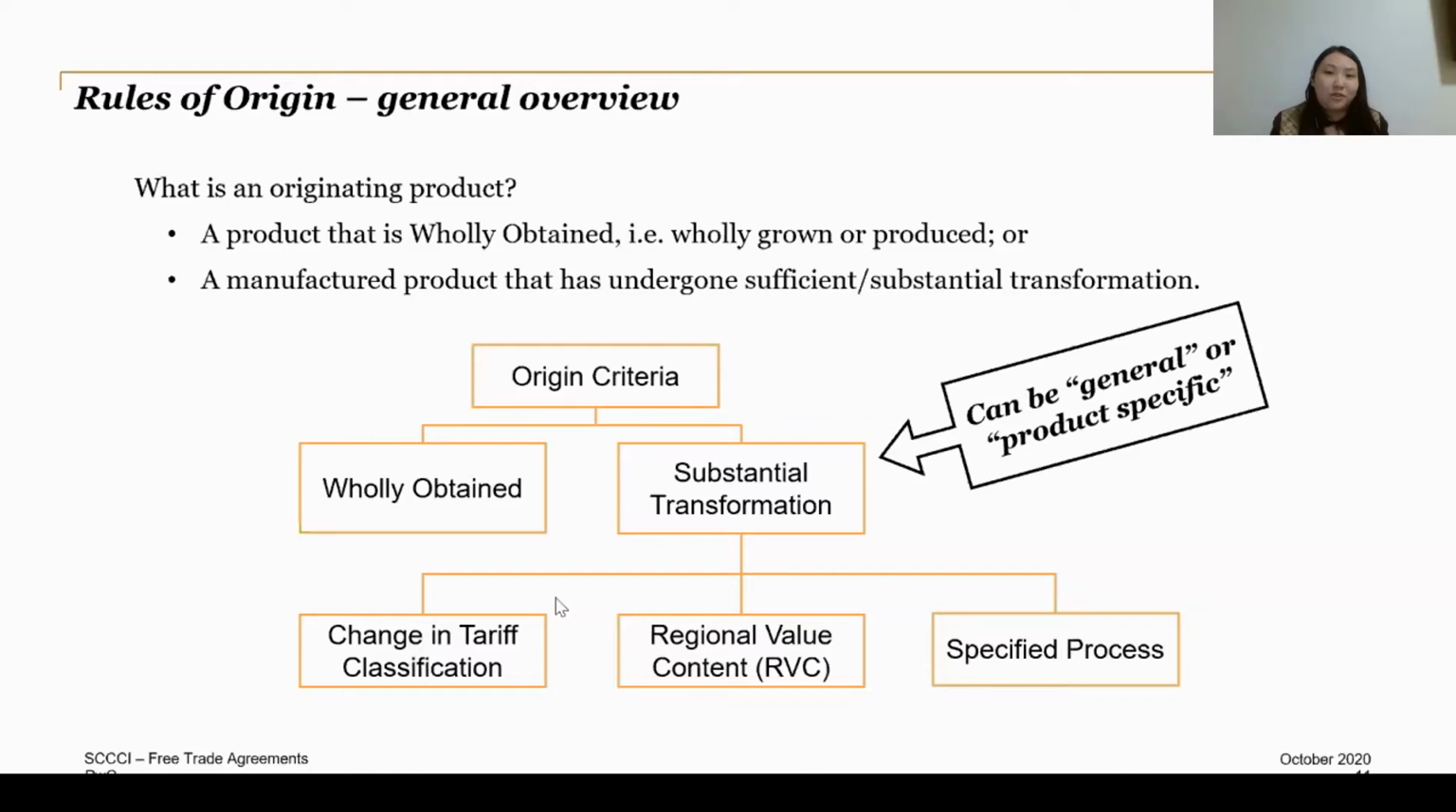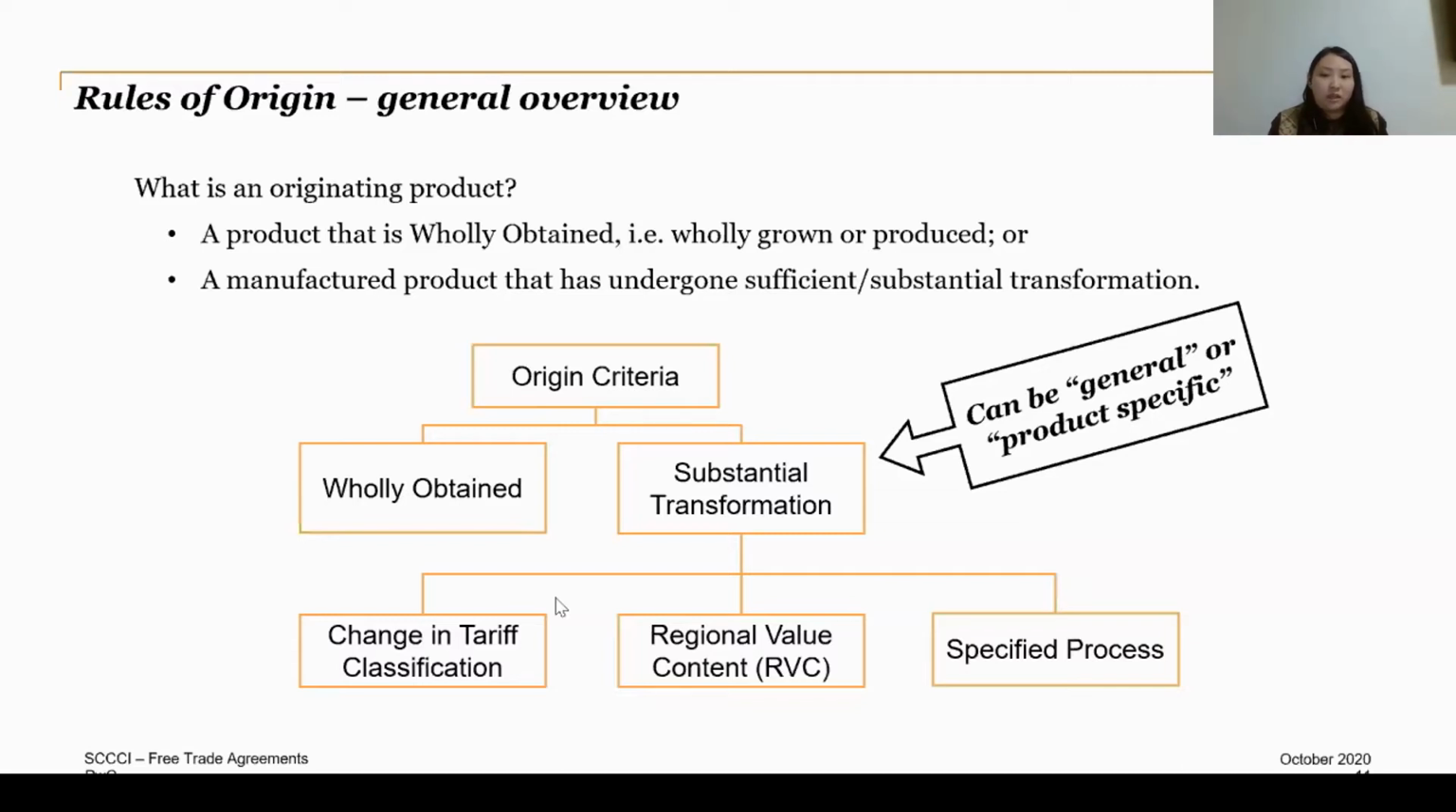I'm going to touch on some of the general rules that you would see in almost every FTA. A product can usually be originating if it is either wholly obtained or if it has gone through substantial transformation. So wholly obtained really just means